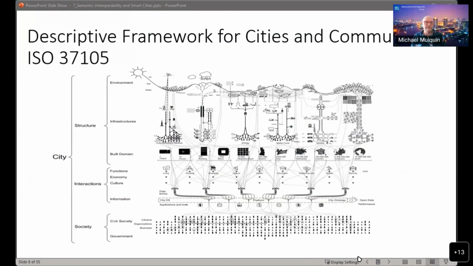So ISO 37105, developed by TC268, provides a descriptive framework for cities and communities. And I love this because it shows in one single slide all of the key systems and aspects of the city and their relationship with each other, so that you can, in that one glance, get a good sense of what are all the things that we need to be thinking about when we think of managing the city, and how all of these different things link together. And this standard not only provides a very useful human readable description of what all of these different systems are and how they relate to each other, but next slide,